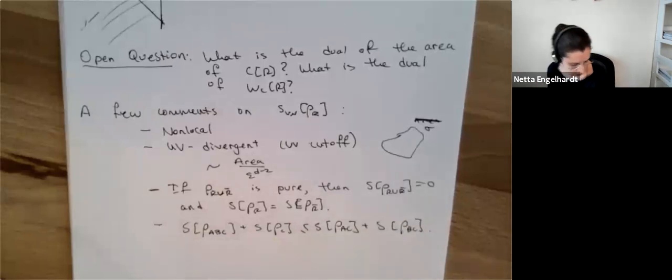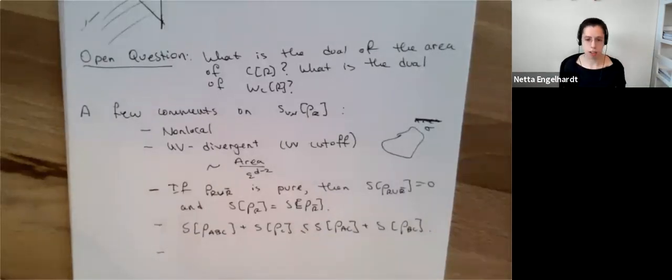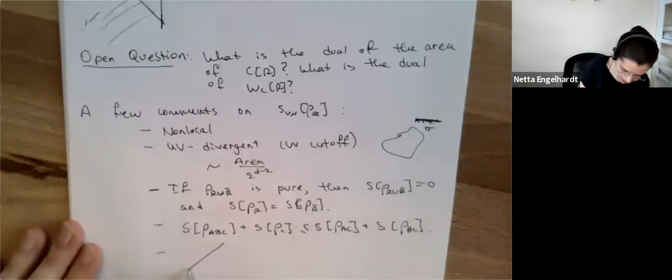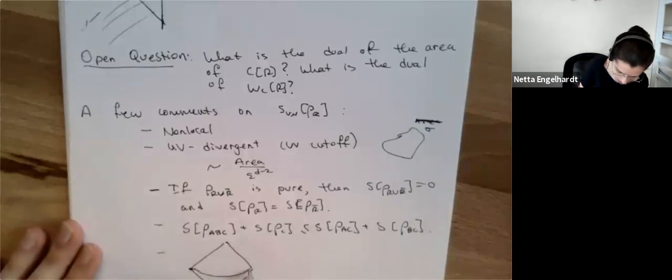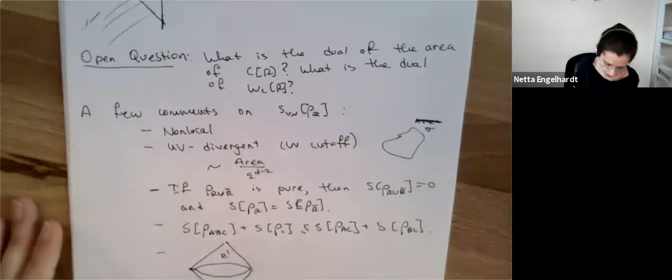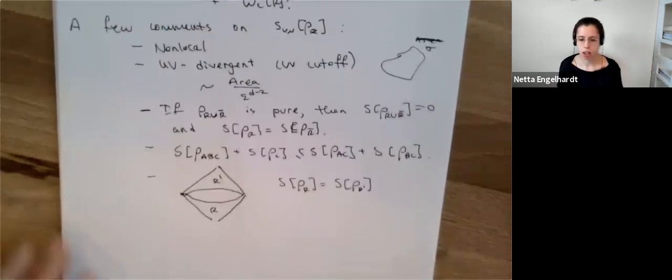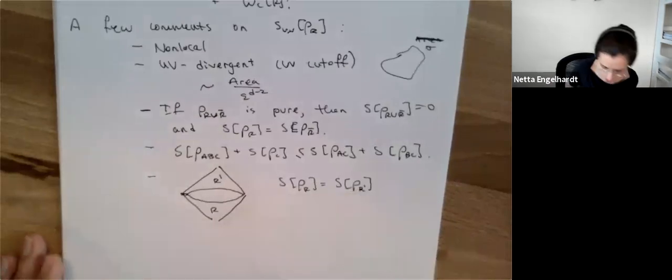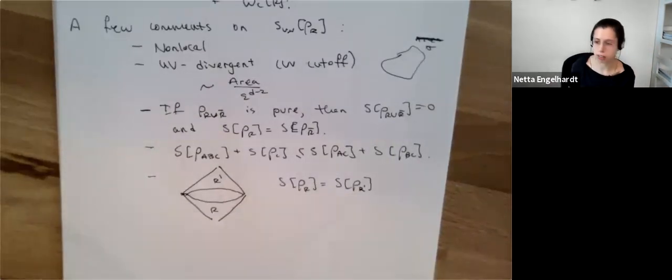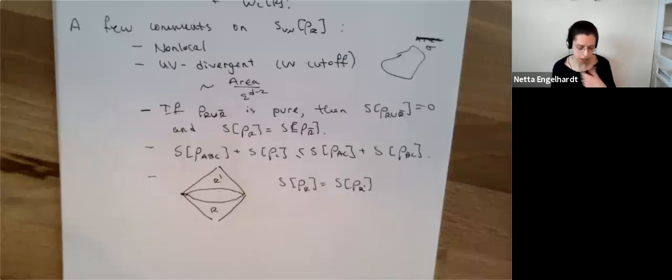And finally, one final important point for us is regarding different Cauchy slices of the same domain of dependence. As long as we have unitary time evolution that takes us from R to R prime within our domain of dependence, then S of rho R will equal S of rho R prime. More generally, whenever you act with a unitary on D of R, a unitary that's localized to D of R, that will not change the von Neumann entropy of rho R.